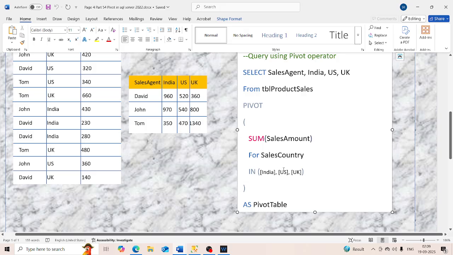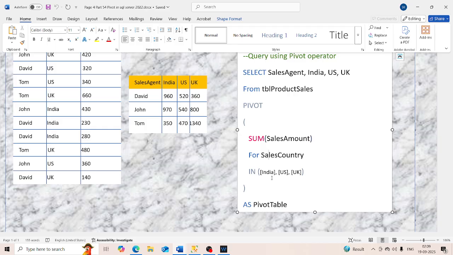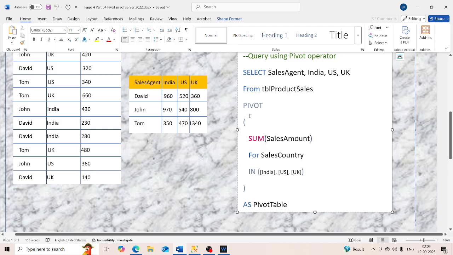in India, US, UK, these are the values that we want to treat as columns. So now this pivot operator produces them as columns, which are then selected